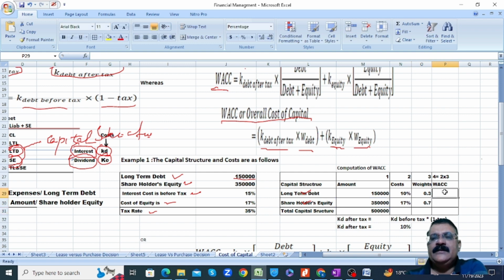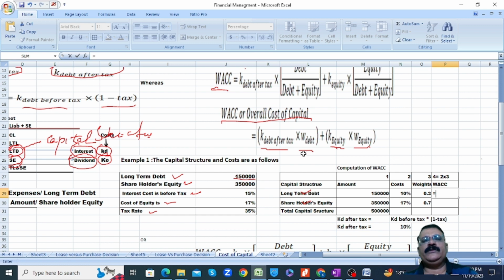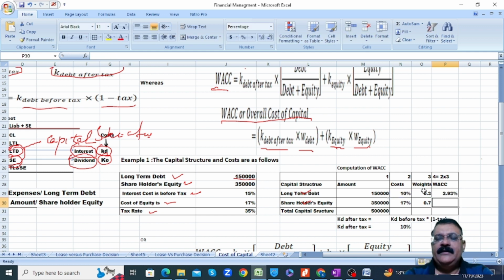These are our weights. And weighted average cost of capital, we know that weight of debt multiplied by cost of debt plus cost of equity multiplied by weight of equity. So cost of debt after tax multiplied by weight of debt, and in the same manner cost of equity multiplied by weight of equity. So we will make a sum of both of these two costs. So our weighted average cost of capital is